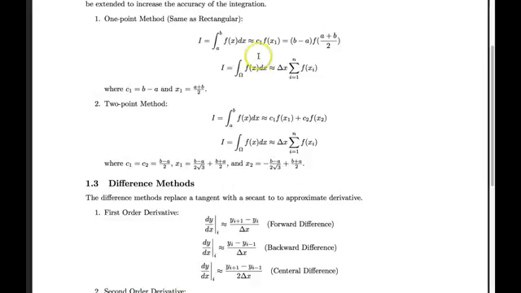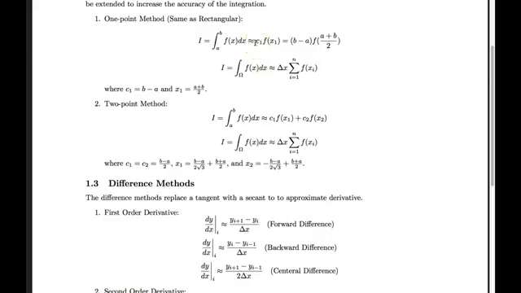Actually, we find other points in the middle of the interval and try to find the integral based on those points. For example, in case of 1 point, we find some point x1 in the middle of a and b interval, and we model our integral as the value of the function at that point times some constant that we